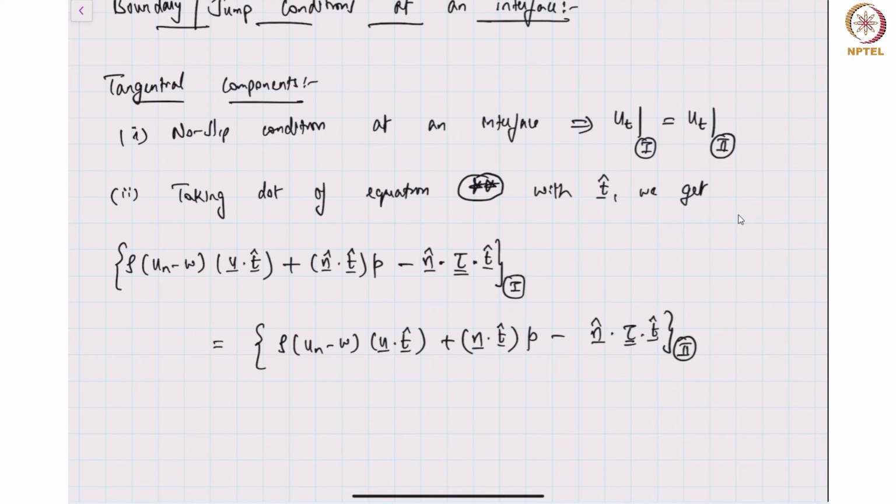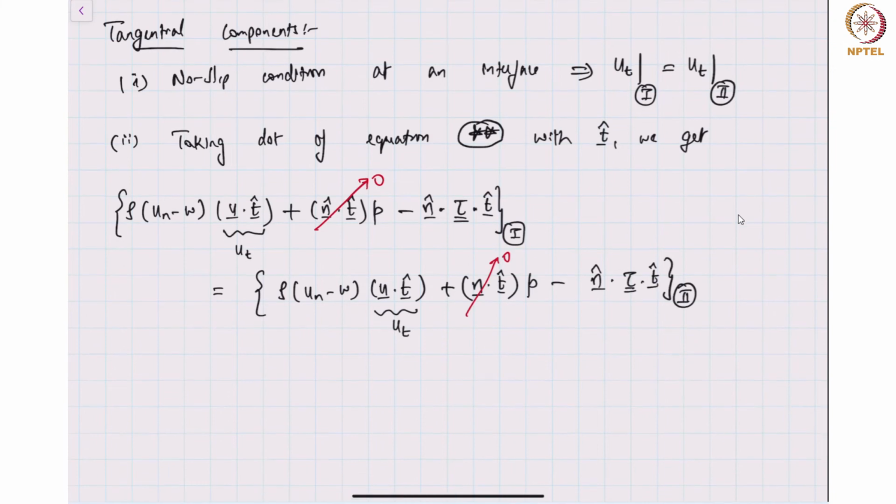But if I've already defined the tangent component of the velocity as u dot t, this can be replaced with u_t. Further, note that n dot t is always 0. They're orthogonal to each other. And so this equation essentially simplifies to rho (u_n minus w) u_t minus n dot tau dot t